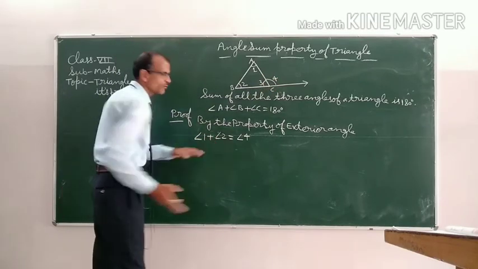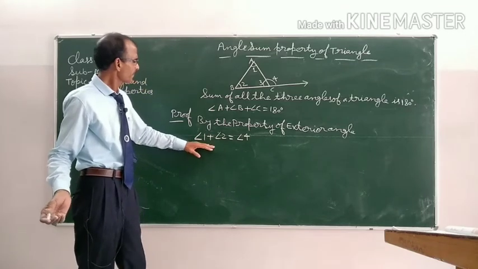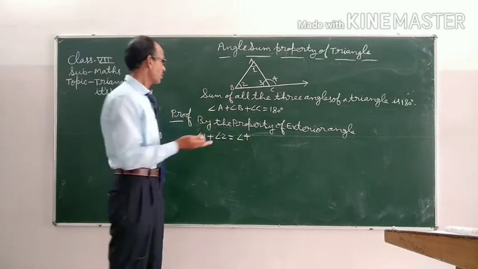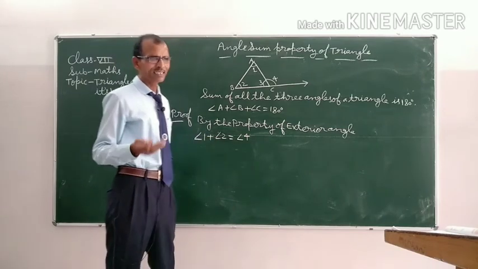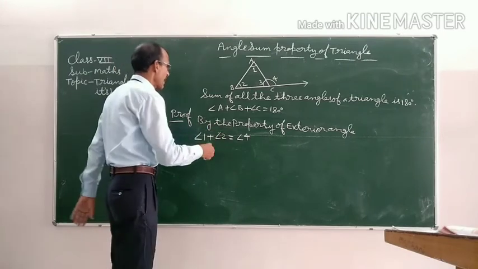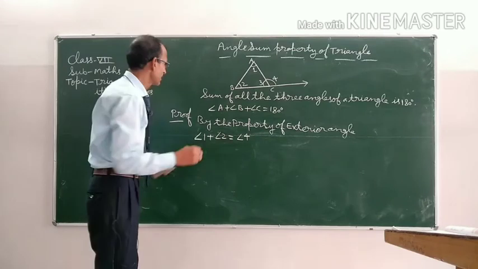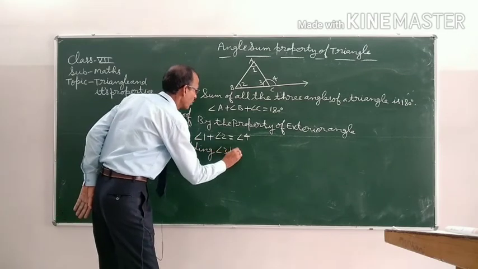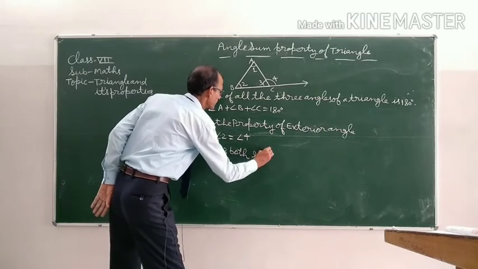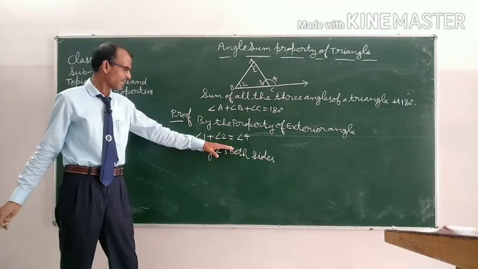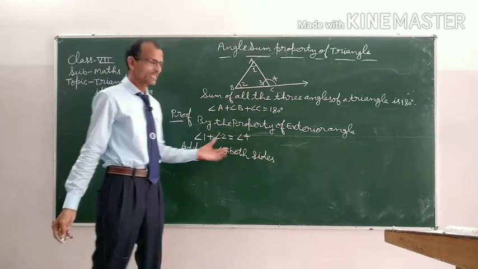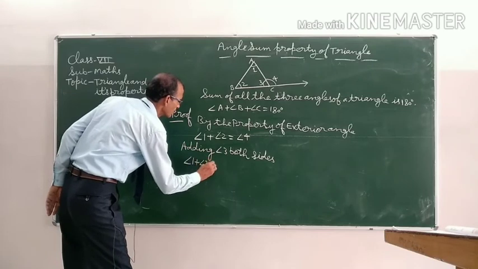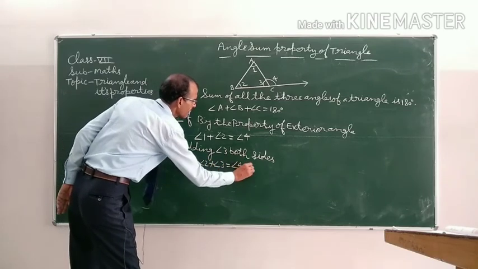Now this is an equality statement. ये एक इक्वलिटी स्टेटमेंट है. इक्वेशन में आप जानते हैं कि उसके बोथ साइड में कोई भी नंबर ऐड कर सकते हैं, सब्सट्रैक्ट कर सकते हैं, और बोथ साइड को सेम नंबर से डिवाइड कर सकते हैं, सेम नंबर से मल्टीप्लाई कर सकते हैं. सो adding angle 3 both sides of this equality statement, ये जो आपका इक्वलिटी स्टेटमेंट है, एंगल 1 प्लस एंगल 2 इक्वल टू एंगल 4, इसके दोनों साइड में एंगल 3 को हम ऐड कर दे रहे हैं. ओके, सो angle 1 plus angle 2 plus angle 3 is equal to angle 4 plus angle 3.